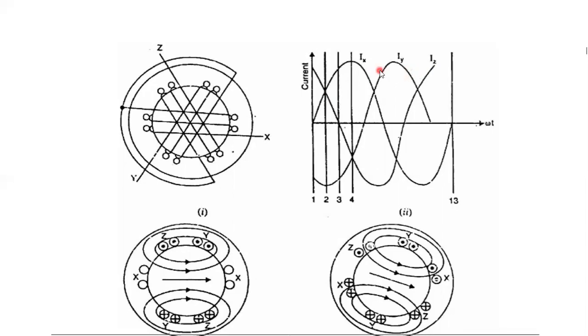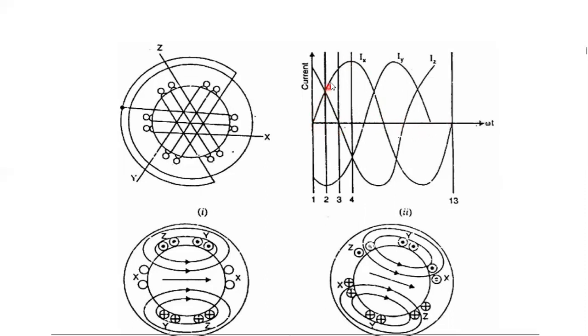Here, in the X phase, for example the R phase, these are the different instants 1, 2, 3, 4. Here 0 degrees, 30 degrees, 60 degrees, 90 degrees. For these 4 instants, this part of the cycle is called a quarter cycle, that is 1/4 of the total cycle. Up to here is called a half cycle. Understood? And this part is also a half cycle.